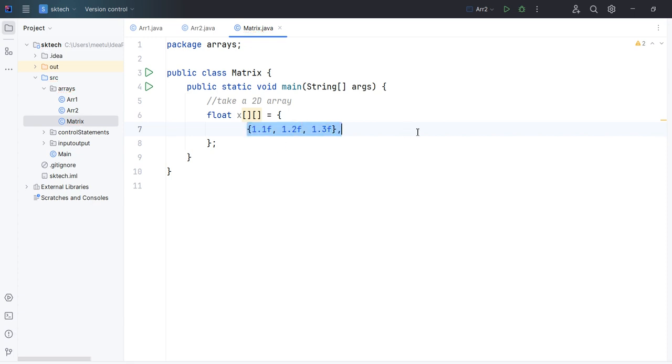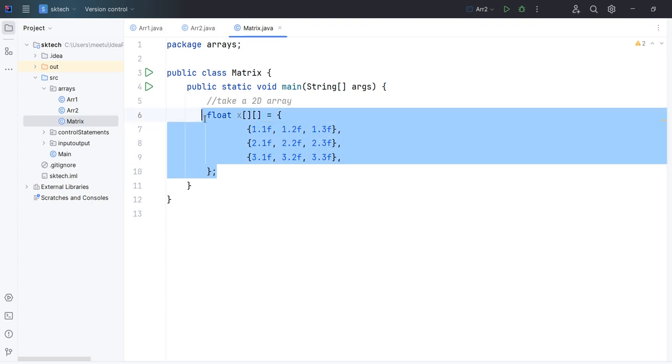Let's write another 1D array, and one more. This is just a demo value, so we can give any value. Yeah, so this is the way of creating the 2D array.